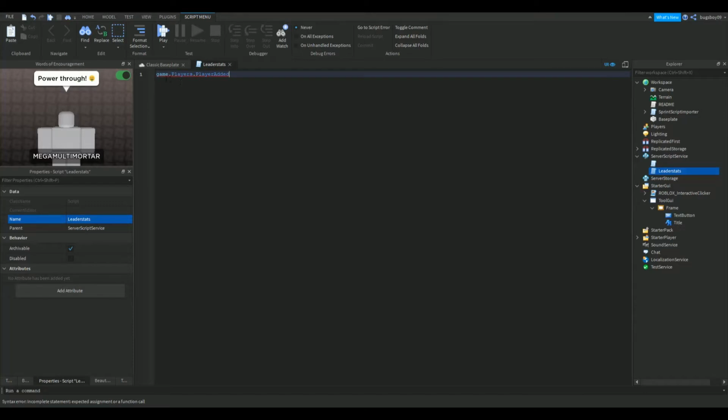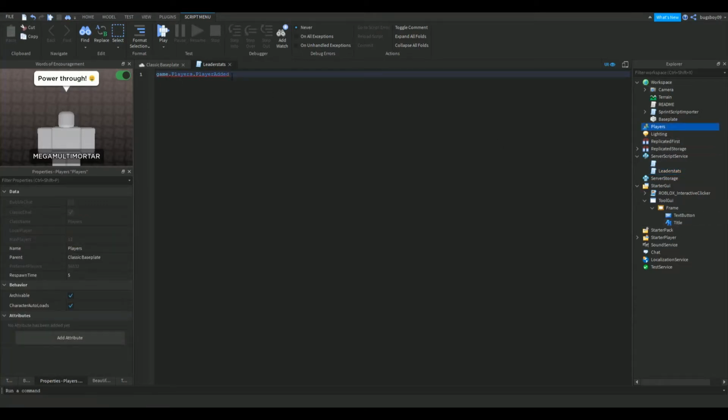So it says game, which is all of this, and then it goes to the Players here, dot PlayerAdded, and colon Connect function. So what this is doing at the moment is going to the Players, and whenever this Players thing detects a player joining, which is what PlayerAdded is, it connects it to this function. And here you're going to want to type inside these brackets player,